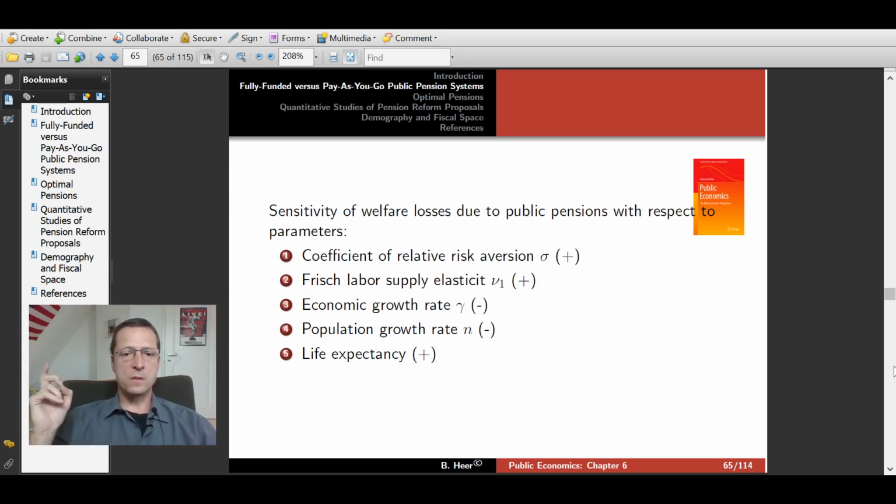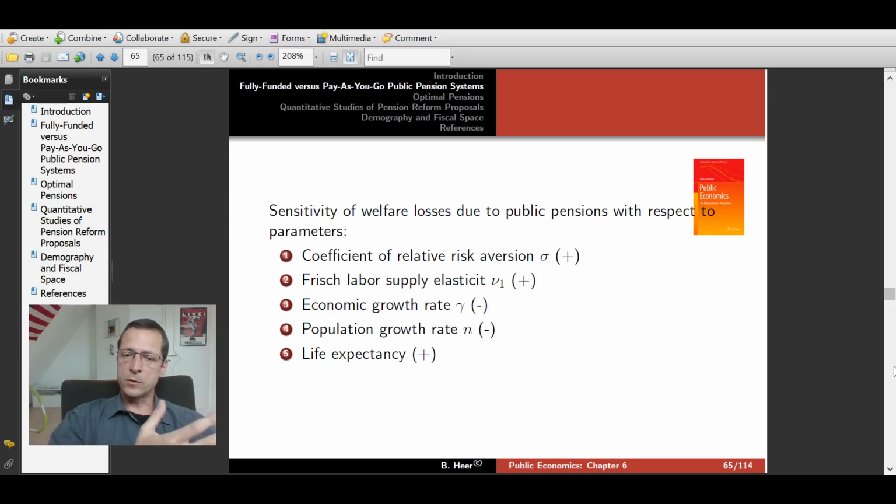Now, these 5 sensitivities, these 5 parameters, will be important for the study of optimal pensions. And let me also give you a preview of what we will do in the following chapters. We look at optimal pensions, we look at the pay-as-you-go pension system, and we will look at a much more sophisticated model. We will introduce annual periods, we will study survival probabilities and life expectancy much closer than we can do in our simple 2-period model. And then we will in particular also introduce income uncertainty.